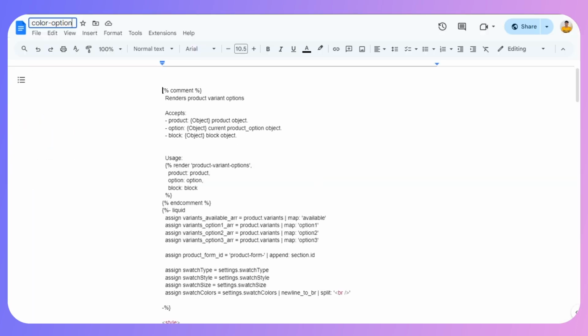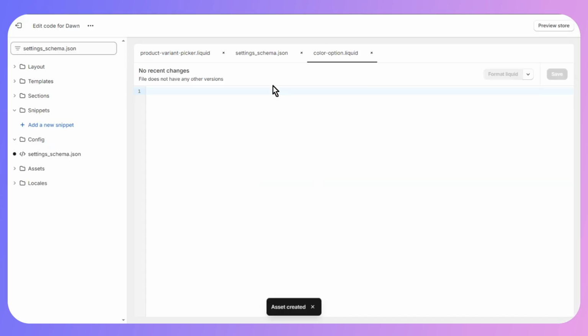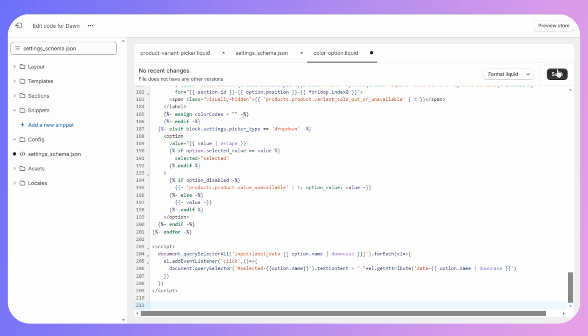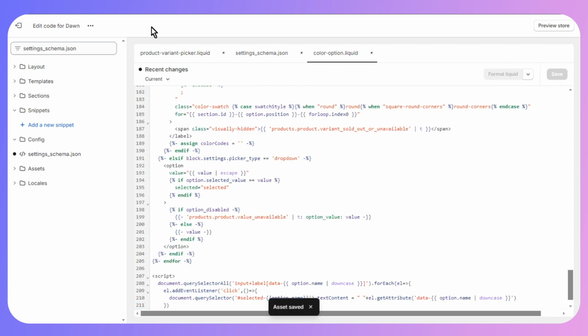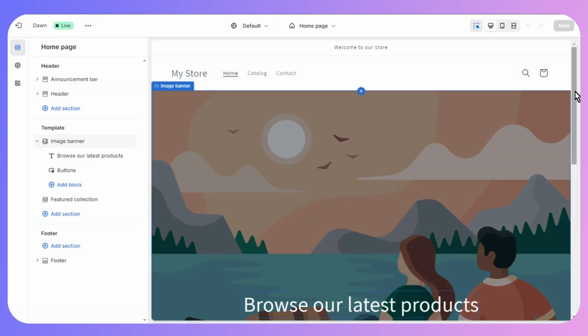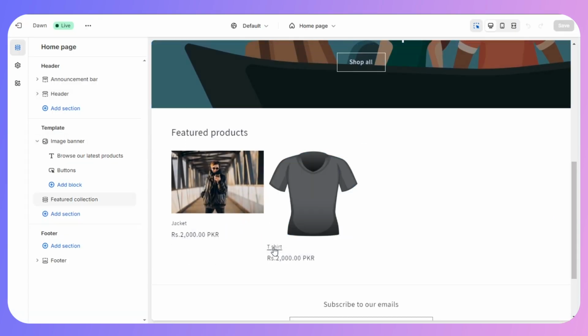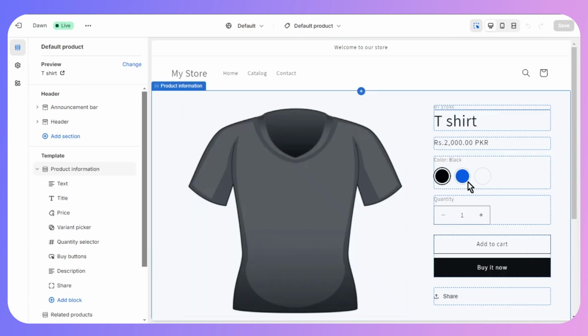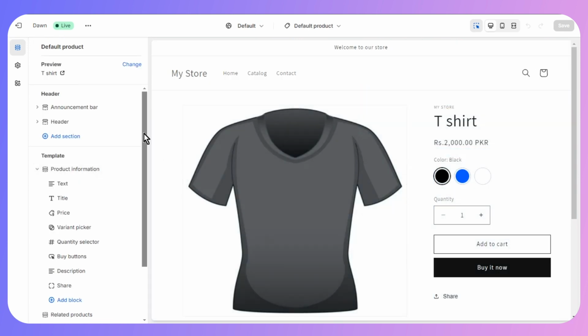Now next step is pretty easy. You just need to copy this code and paste it just like this and click on the save on the top right corner. Now if I click on the three dots and click on customize theme, and let's go for our product. So simply click on it